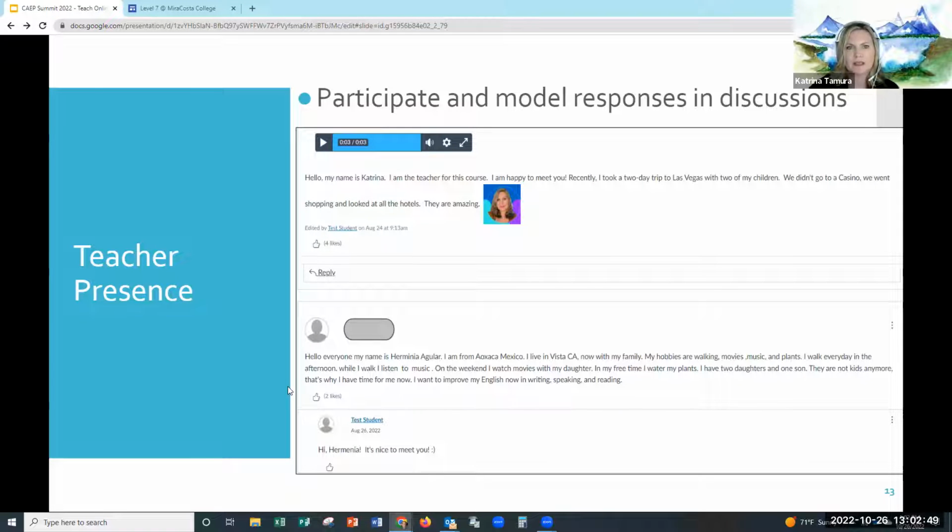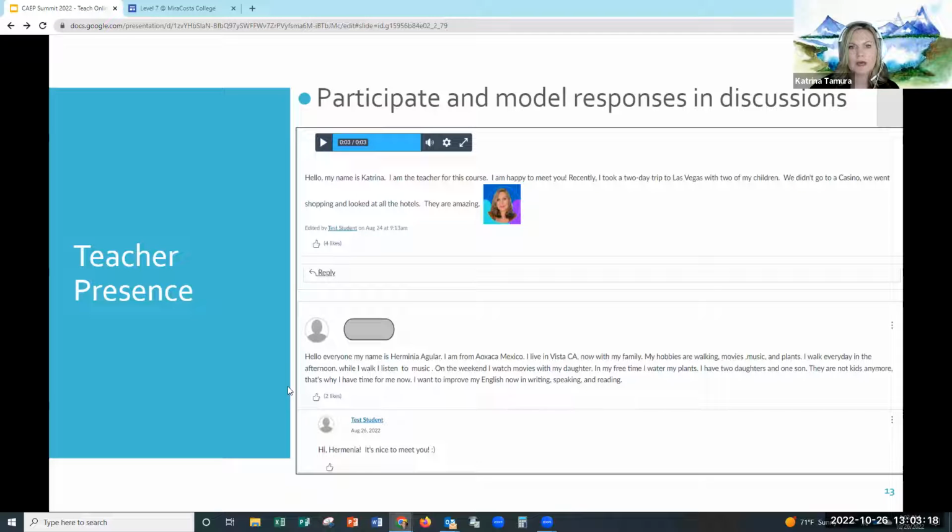So at the beginning, I might show them how to insert audio files, insert picture files into a discussion thread, and then kind of show them what I expect from them. If it's going to be a very developed, very full response, or if they just need to write a couple lines to talk about themselves or practice a certain verb form or tense.